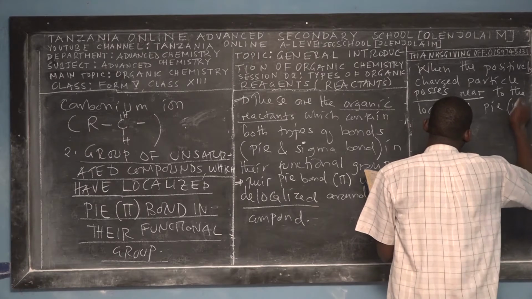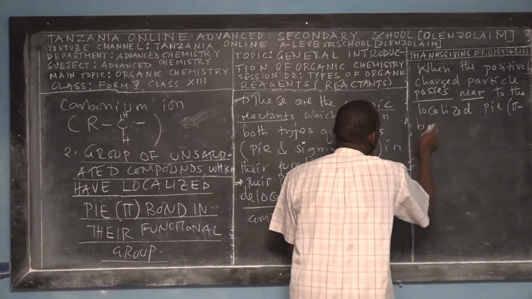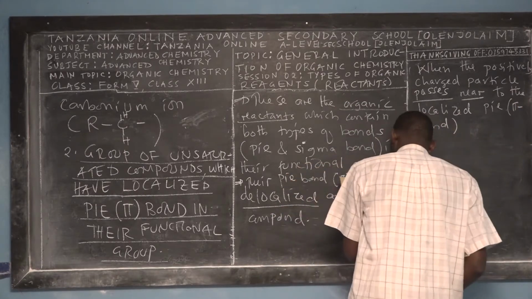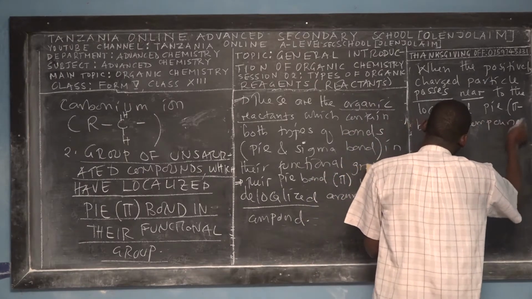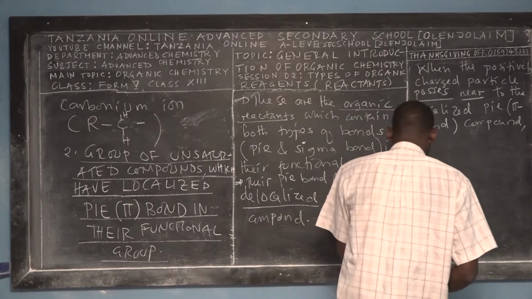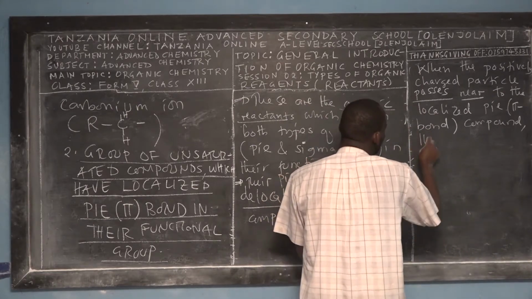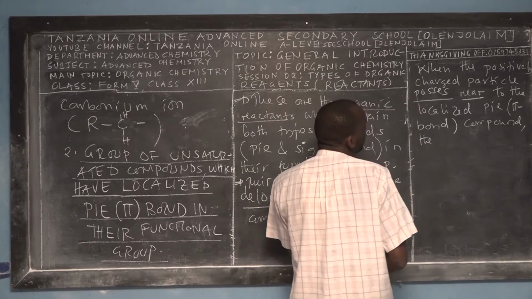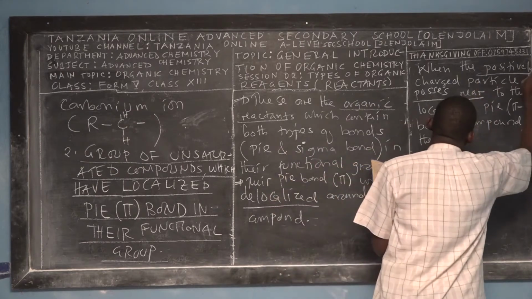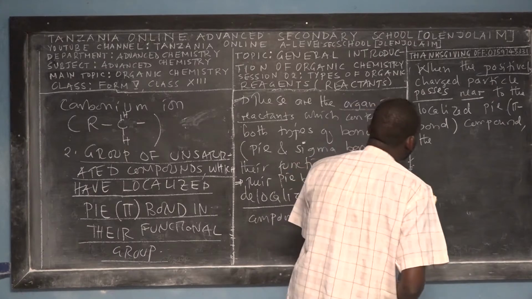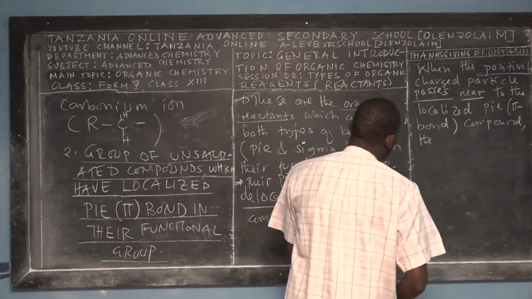In chemistry we write pi and then bond, right? Pi bond in compound. So when a positively charged particle passes near to the localized pi bond,